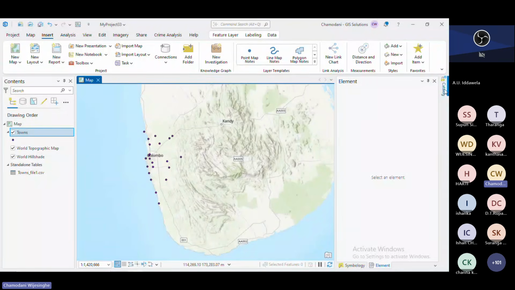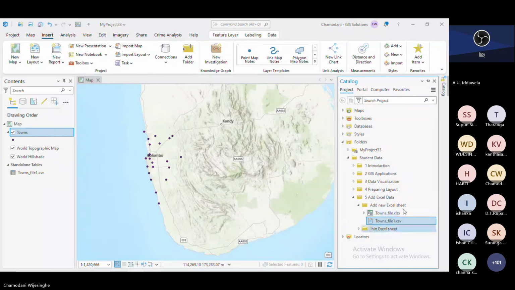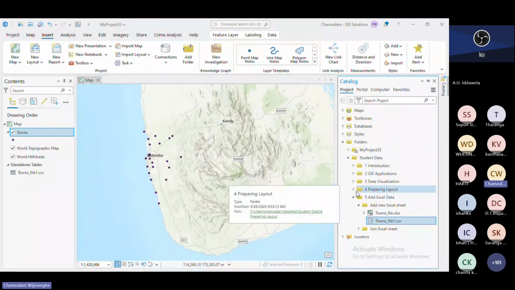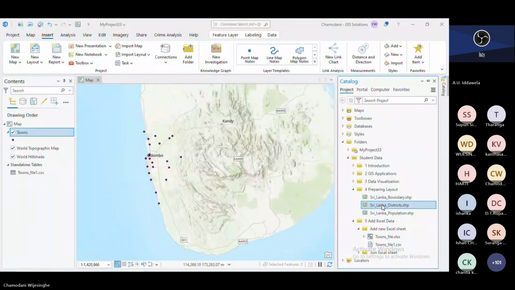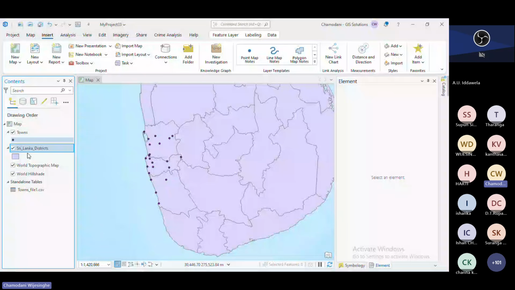Right, I'm going to add this shape file called Sri Lanka district shape file. And I'm going to tick off the previous layer, the town layer. Okay, now I have the Sri Lanka district shape file, and we can see what data is available in